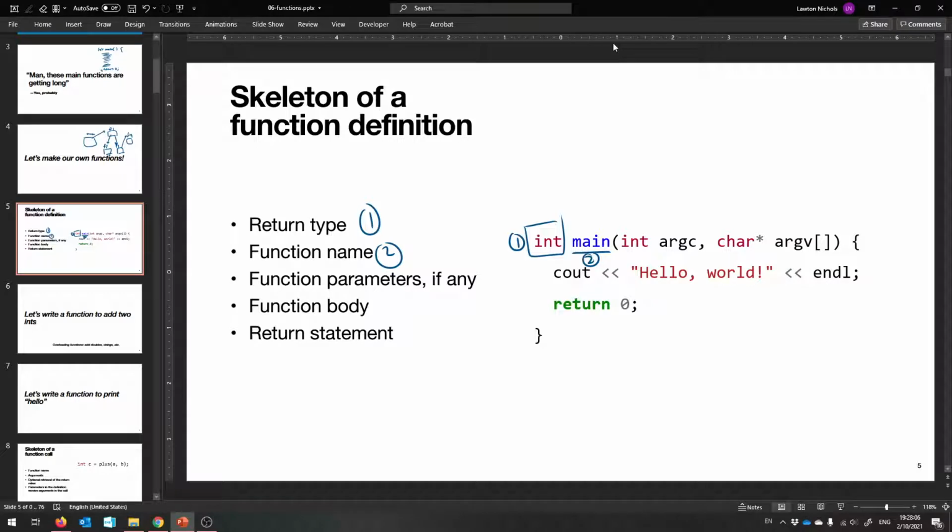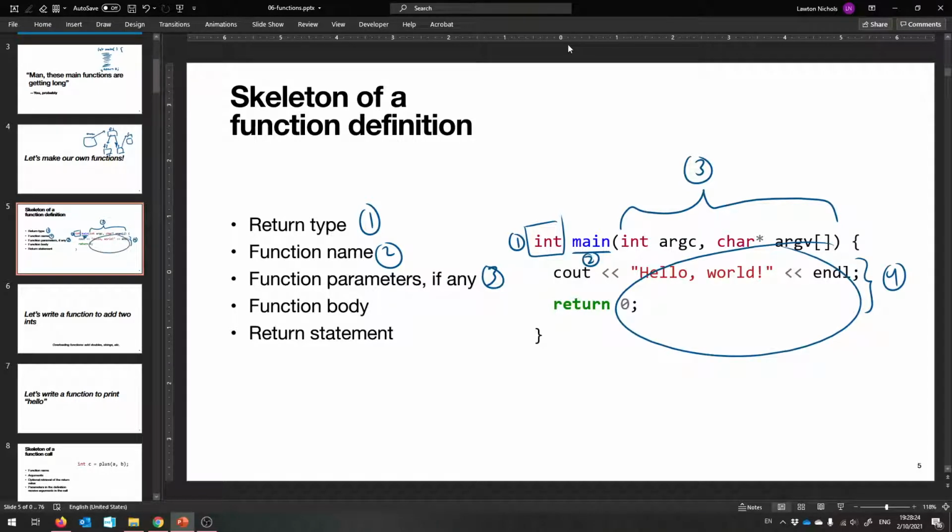That's main. And then you put some parentheses and your function parameters, if there are any. You're going to put them here. That's 3. And then you have the body of the function, just like your if statements, your loops and things. You put what happens when the function gets run inside of its body. That's 4. And then part of the body